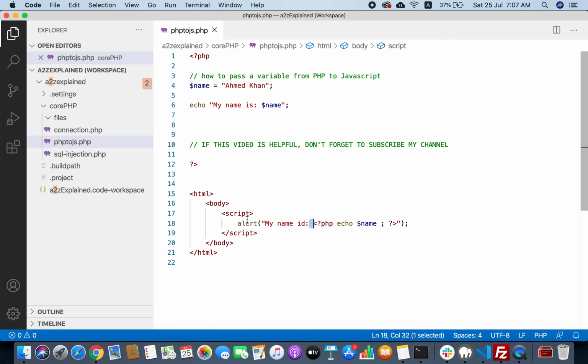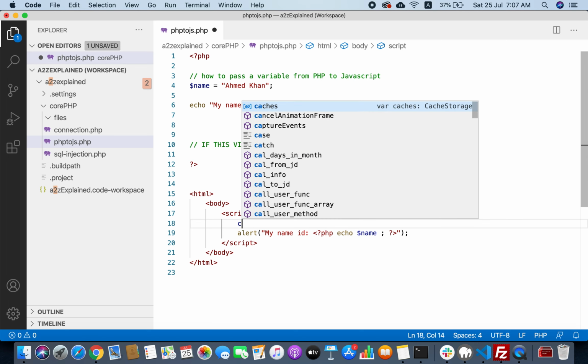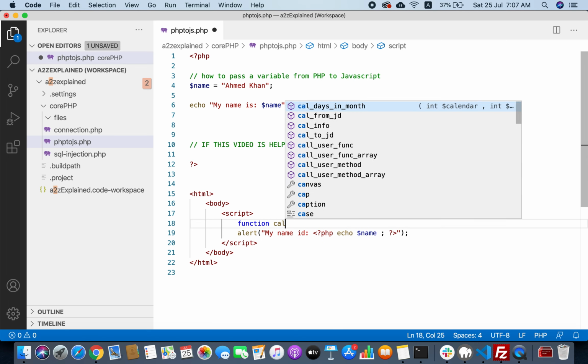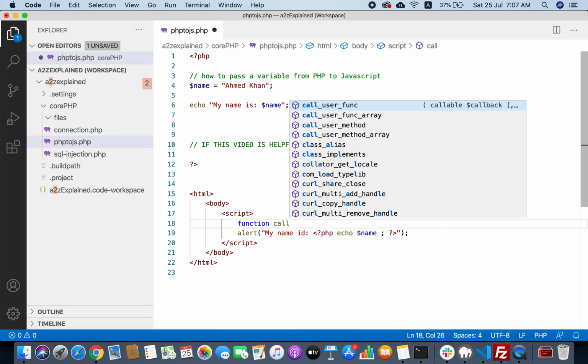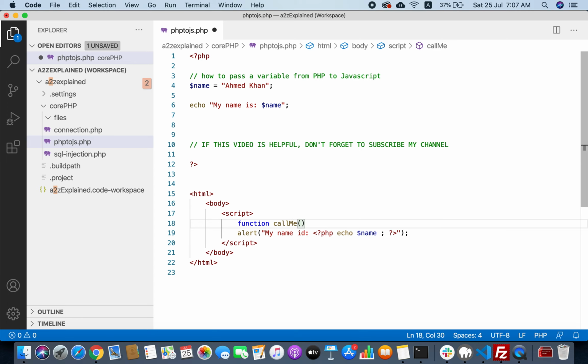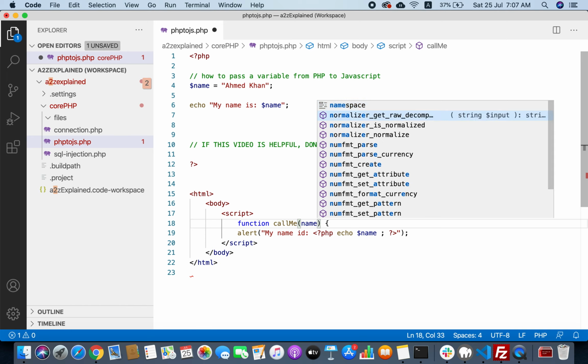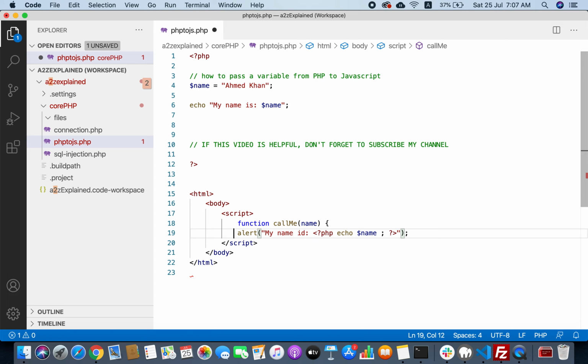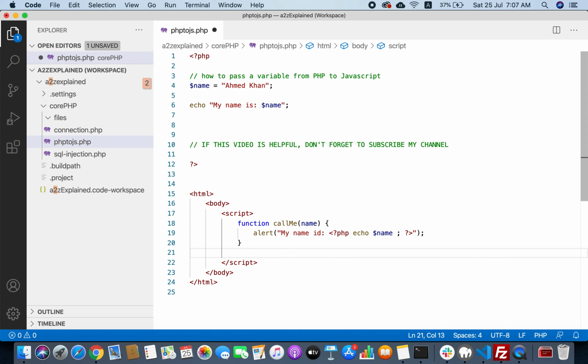So what if we have a function and we want to pass this variable to that function? Suppose we have a function called callMe, and here I try to call this function, and I also try to pass this PHP variable.